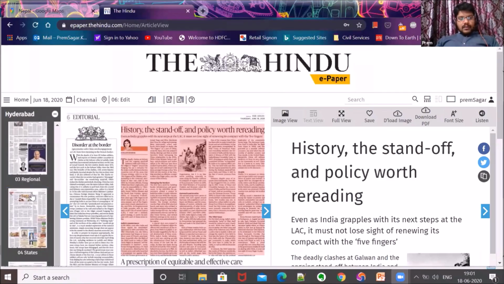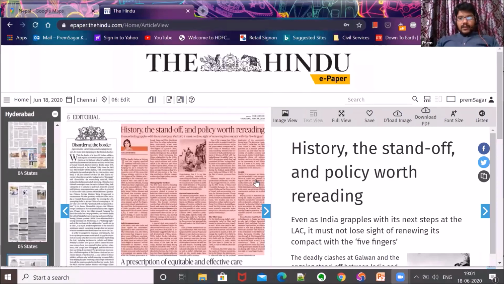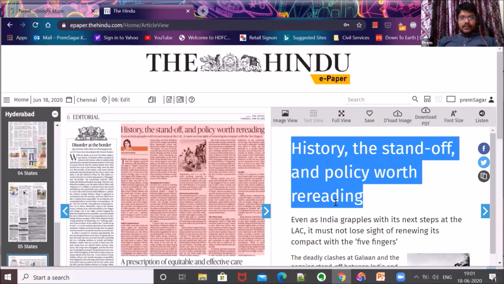Newspaper, there is one important article from GS2, that is IR point of view. So that is this article. And today's class also has something to do with this article. So very quickly, I will explain what is the essence of it, and then we'll go ahead with how India is dealing with Bangladesh and India is dealing with Bhutan, because that also has implications how India deals with China as well. So that is why I'm just trying to explain this first.